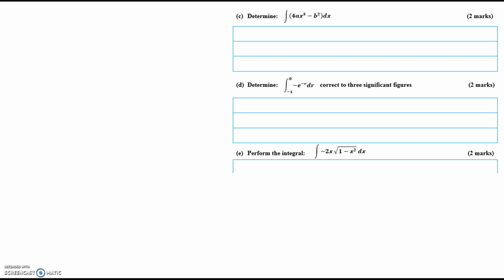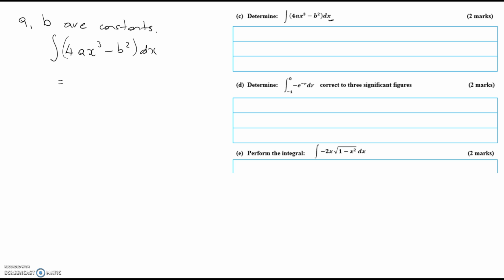Part C, again, a straightforward one, but the trick here is to realize that you're integrating it with respect to x, therefore a and b are constants, they're numbers. So the integral of 4ax cubed minus b squared is going to be,